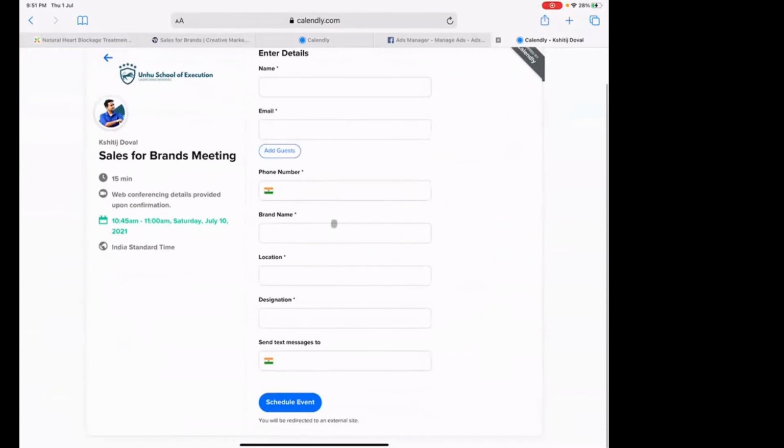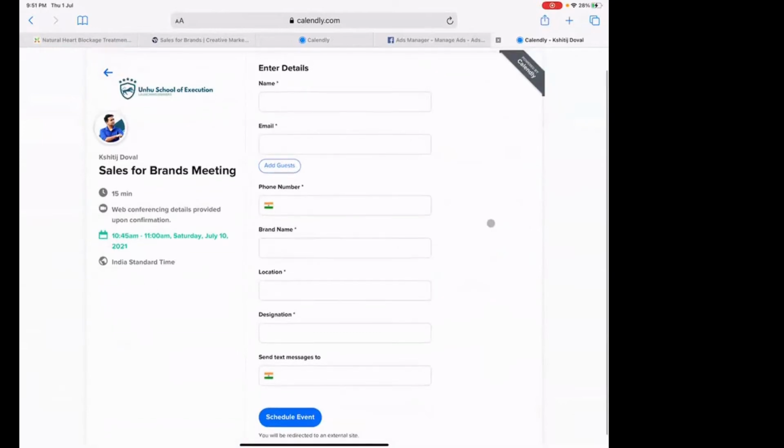See, the reason why I'm adding these things, I'll tell you, is that for me, specifically for my agency, I need the person's name so that I can talk to them. Email, so that obviously I can send them auto mailers and text messages. And phone number, because I want to send them SMSs as reminders.